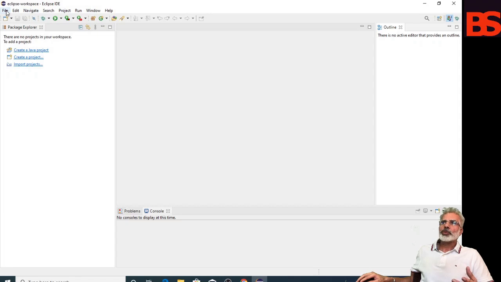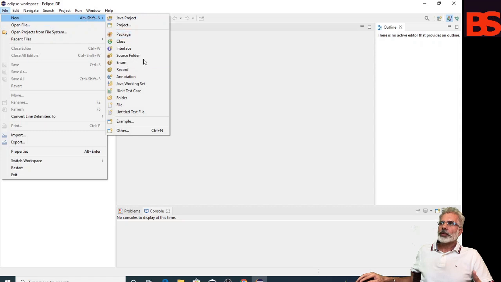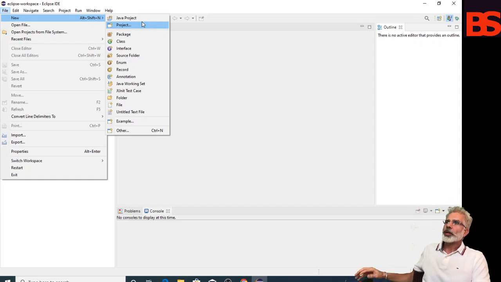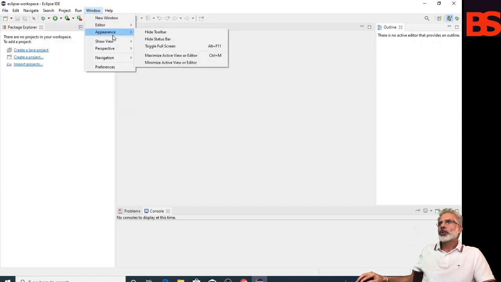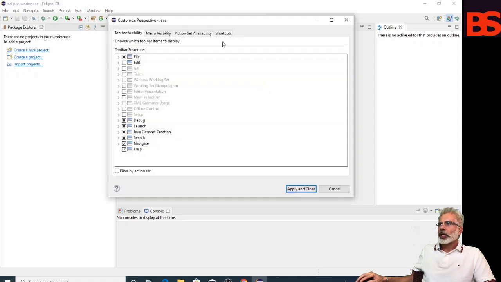After that you can add some items and remove items from these lists, like these menus. Like now in the new menu, sub menu, these items are available. If you want to remove and add more items you can do it with the help of customized perspective. Go to window and perspective and customize perspective, and then